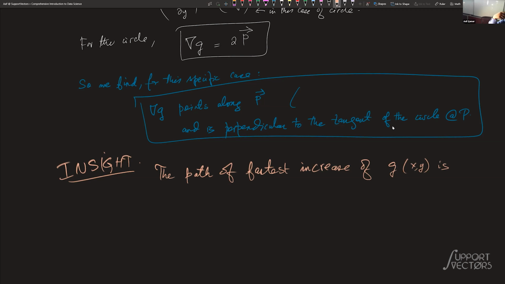The word people often use is normal, because perpendicular is with respect to a line. When you go perpendicular to the surface, it means exactly the same thing, but people use the word normal to the